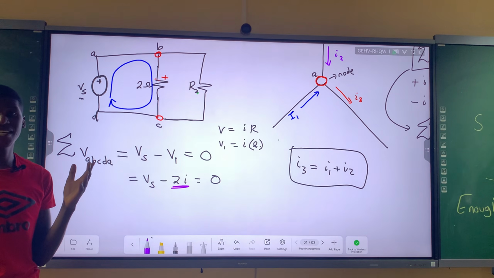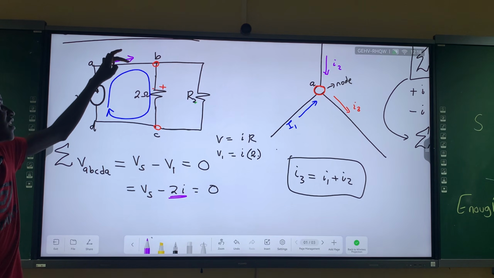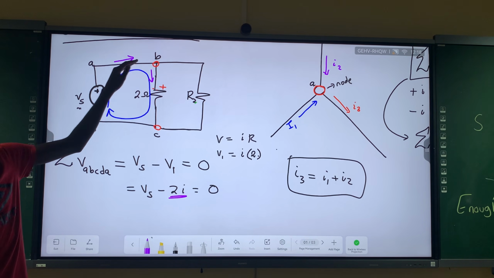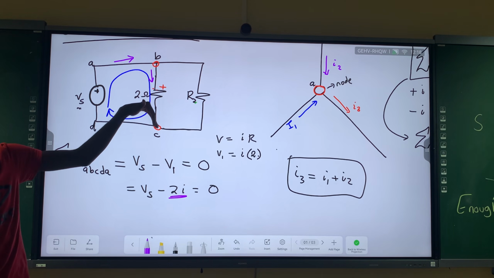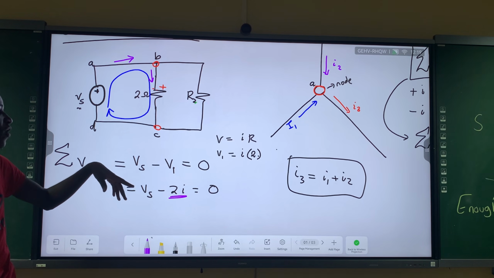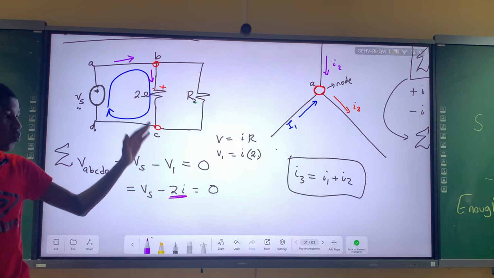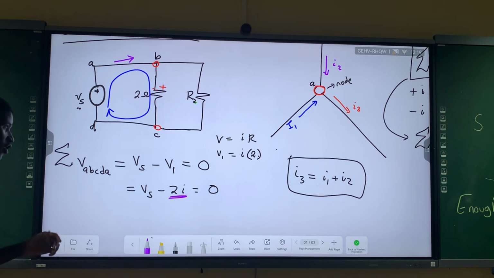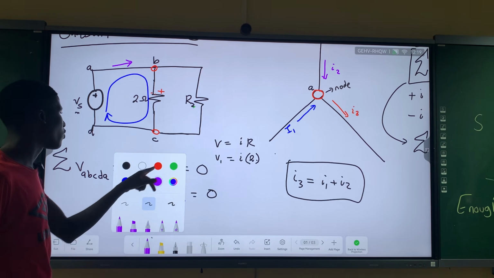Remember, the current laws still apply. The current that is moving here is not the same as the current that is here. It's not the same. Remember what we do? It splits here. Some of it goes there, some of it goes down there. So when you are writing your currents, don't find yourself saying that the current here and the current there are the same. No. So that still applies, but when you are adding up the voltages in total, you must get to 0. You can choose another loop that is different.